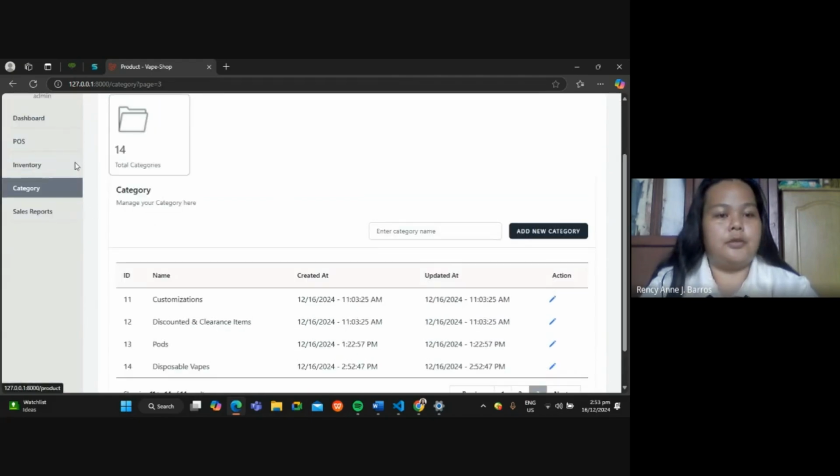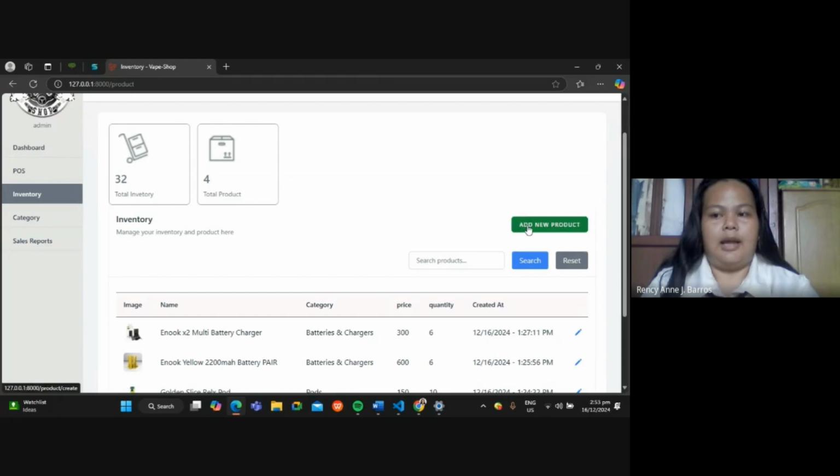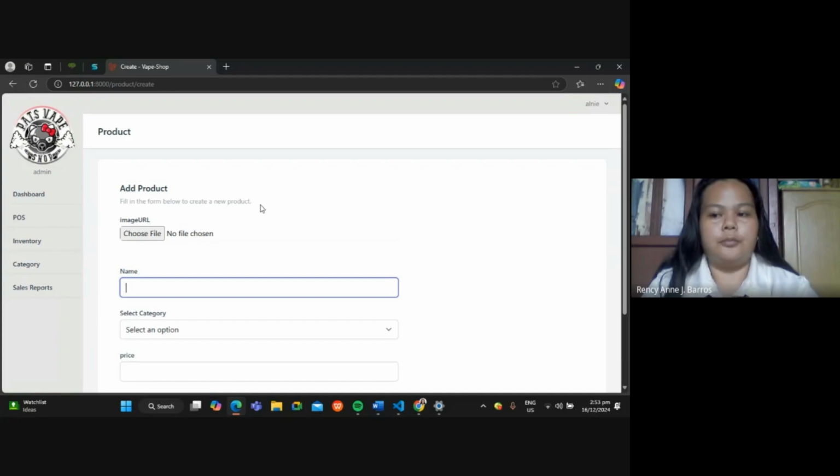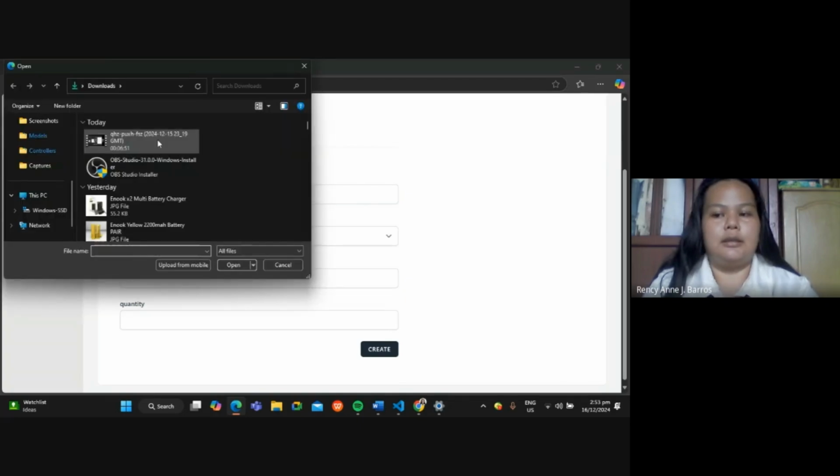The fourth functionality is the add new product functionality. In the inventory, you can click the add new product button to open the product form. Fill in the required fields including the image, name, category, price, and quantity.